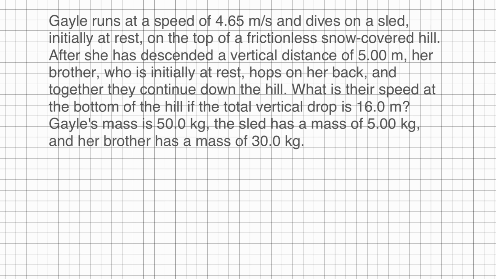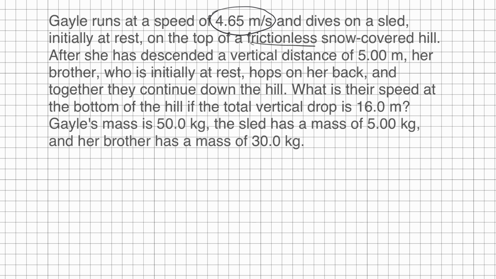Okay, so Gayle runs at a top speed of 4.65. Let's start highlighting the things that we're probably going to need. So this is going to be an initial velocity. She runs at a speed of 4.65 meters per second. She dives on a sled, initially at rest, on the top of a frictionless